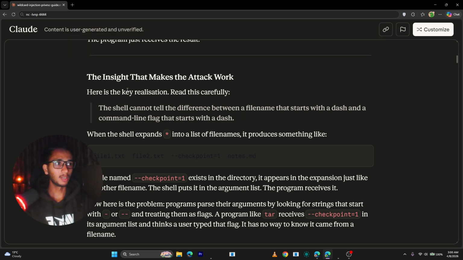The bash shell actually cannot tell the difference between a command line flag and a file name. When the shell expands this into a list of file names, it produces something like this. As we discussed, this is, for example, file 1, file 2, and then another file, and another file. So you see right here, if a file named --checkpoint=1 exists in the current directory, it appears in the expansion,